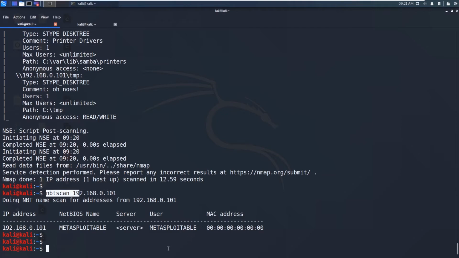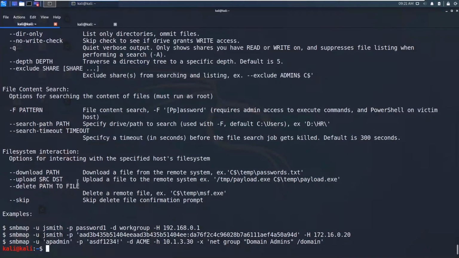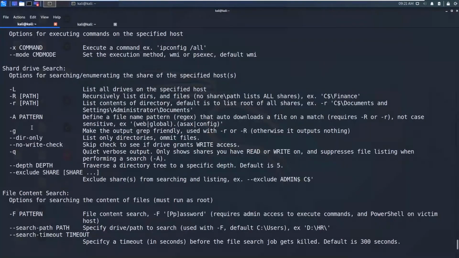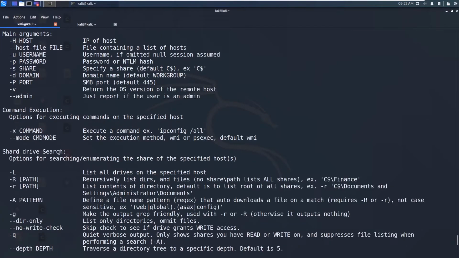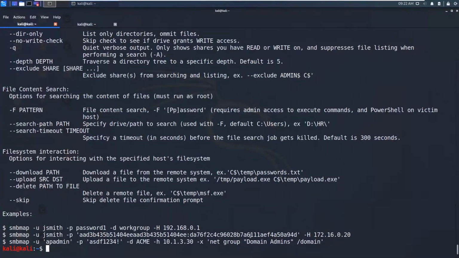Now I want to say that we need to use some tools to connect to these SMB shares. Those are smbmap and smbclient. There are a lot of options we can use for smbmap, so we will use the basic options.